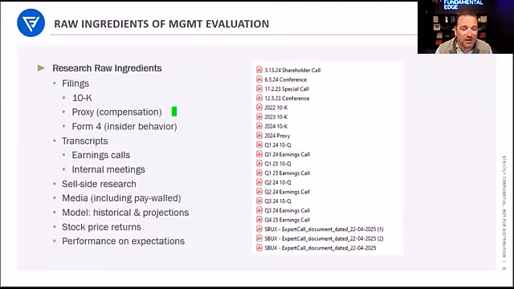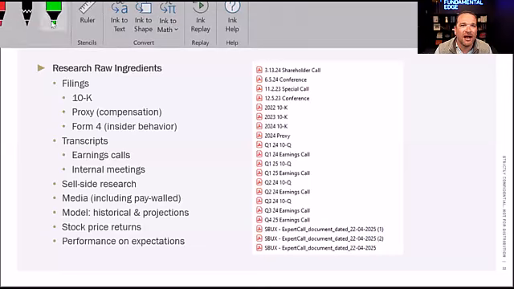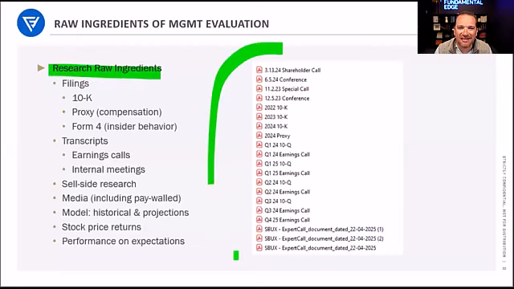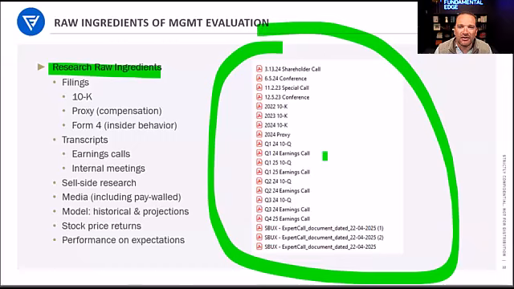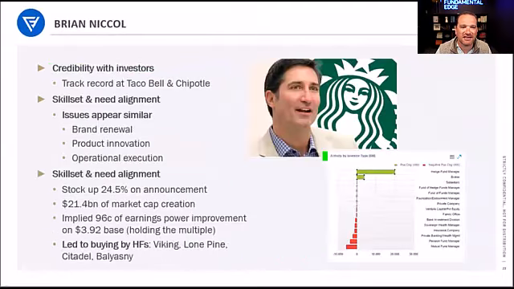And so that artisanal management evaluation process is part and parcel of the core institutional research process. So my question is, how can we accelerate that? How can we do that in a more structured way with the use of these tools? Step one would be to gather the research raw ingredients, all the filings you need to do some of this work to evaluate historical performance. This is one of the barriers to some of the current tools. The context window is really limited in ChatGPT and Grok. NotebookLM has a broader context window. But this is one of the use cases and a question we'll have for Mike in terms of integrating these underlying data streams into an open access tool.